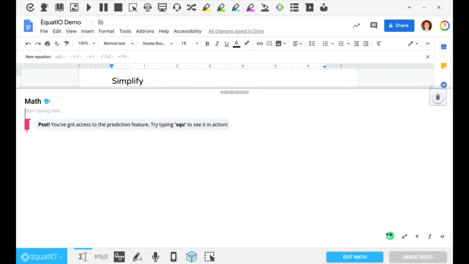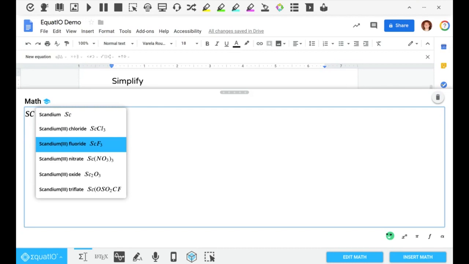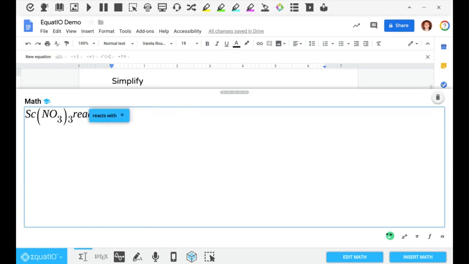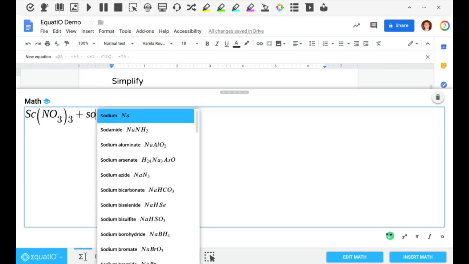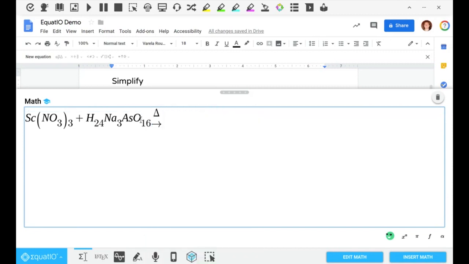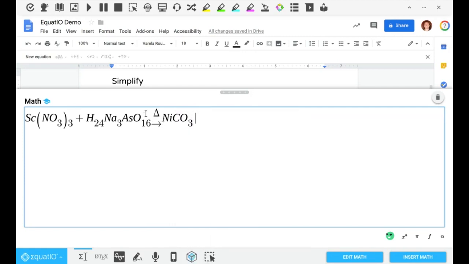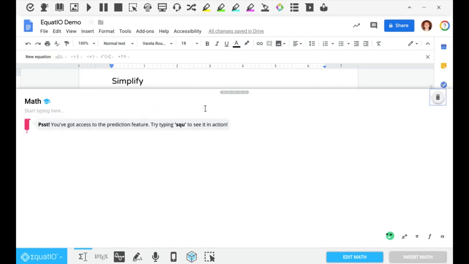So I also can talk about, my friend Efren always talks about a variety of things that I have. I have about 1,000. He's a chemistry teacher, so there's like over 1,000 chemical compounds. So again, notational components. If I want to talk about reacts with, I can literally just make it. Those things might be difficult components to make. Again, I don't know what this chemical equation is. Efren will probably laugh at me that those things don't yield, but I just wanted to highlight that I can do, let's see, I know that's not correct, but just to show that I can do a variety of processes here. And that notational component is really difficult for me to represent. But we can do that with prediction. So I love that aspect there.